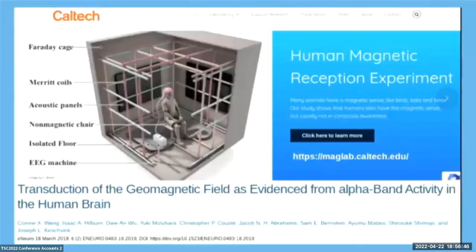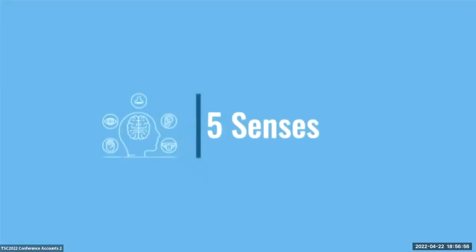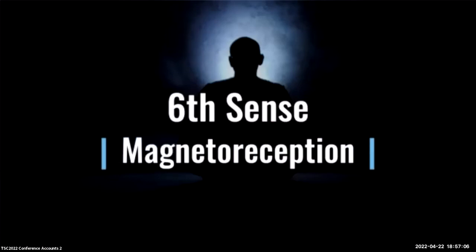We'll be discussing the sixth sense, a photochemical signal transduction model of magnetoreception in cryptochrome. In 2019, researchers at Caltech made a discovery that had long been suspected, but never conclusively detected despite prior attempts. They found that in addition to our five commonly known senses of touch, sight, smell, hearing, and taste, we humans also have a sixth sense, known as magnetoreception.